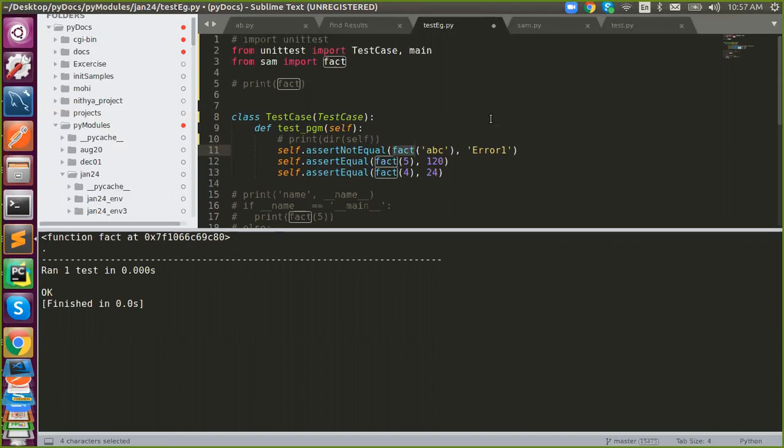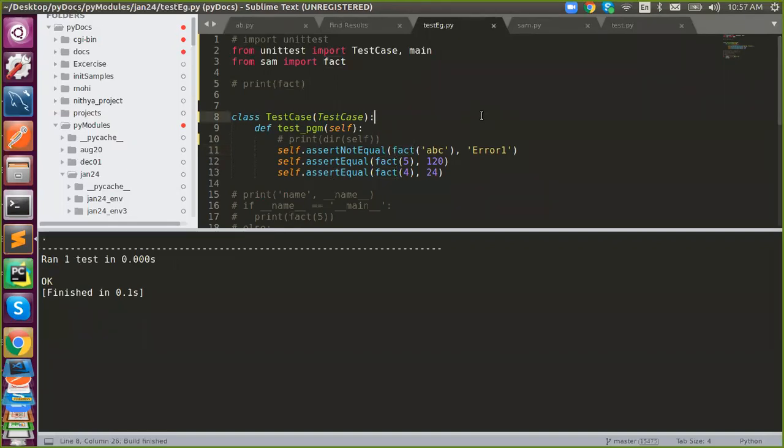Okay, you need to keep it as a separate test file. So this is the way to create the test module. You might have your program in one file, you need to import it into your test case file, and this is the way to create a test case. Say the class name starts with test, and you need to import from unittest import TestCase. That's it, you don't need to do anything.